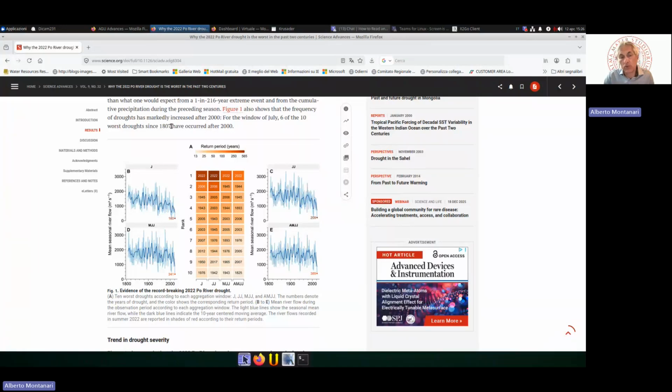Third column, May, June, July. Again, the most severe was 2022. Fourth column, April, May, June, July. Again, the most severe was 2022. And basically, this says that 2022 was indeed a bad year in terms of flow scarcity in all the seasons